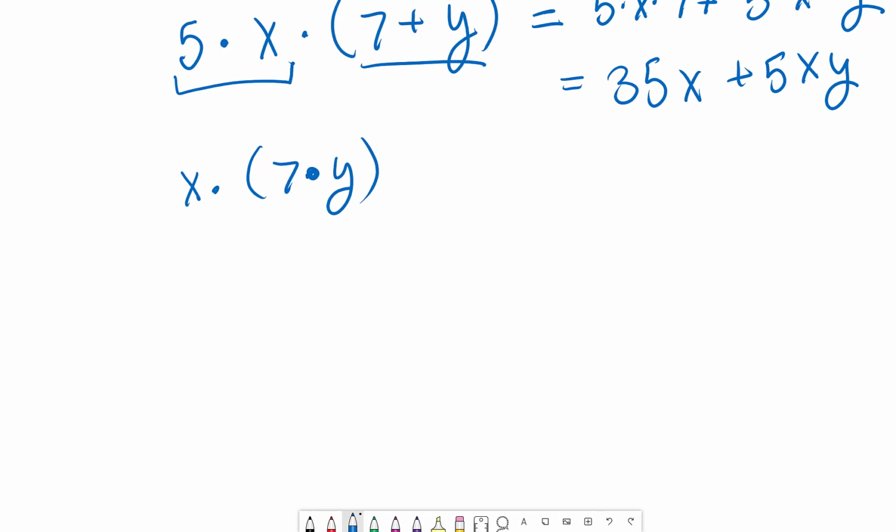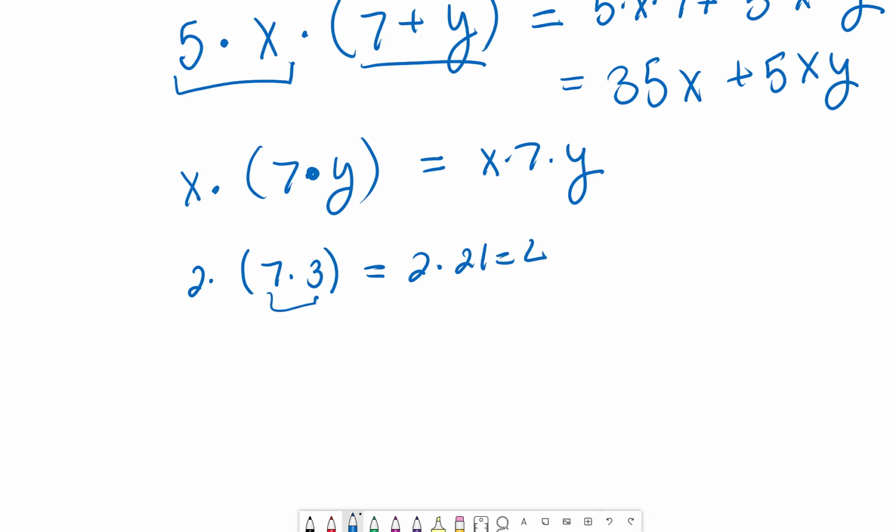If we have multiplication, we can just drop the parentheses, and then we have x times 7 times y. So we're not adding up 7 and y, we're multiplying them. So that remains the same. For instance, if we have 2 times 7 times 3, okay, so we have 2 times 21 equals